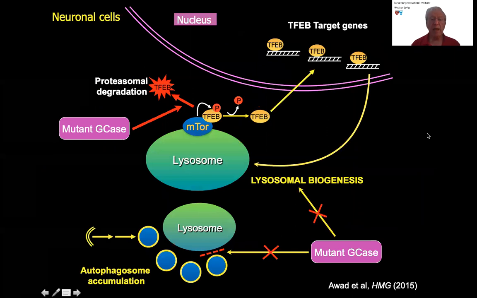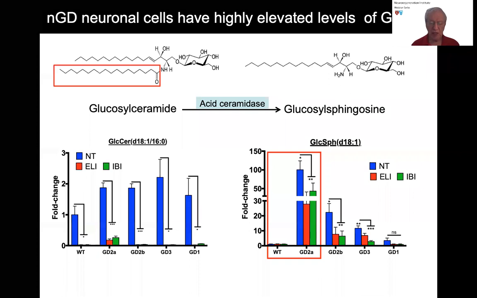And as I said before, the mutant GCase interferes with lysosomal biogenesis and autophagy through effects on devel. There is this molecule here, mTOR, which I will talk more about later on, that constitutively phosphorylates devel, and the phosphorylated devel transcription factor cannot go to the nucleus where it activates the lysosomal and autophagy genes. And so to study the problem, we considered